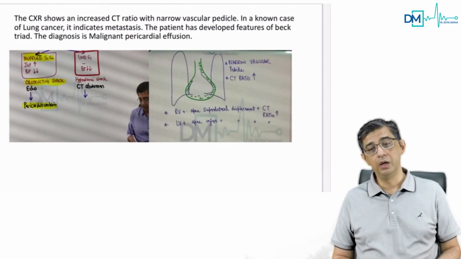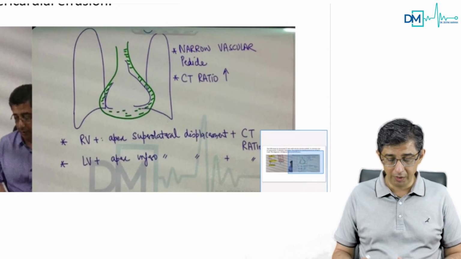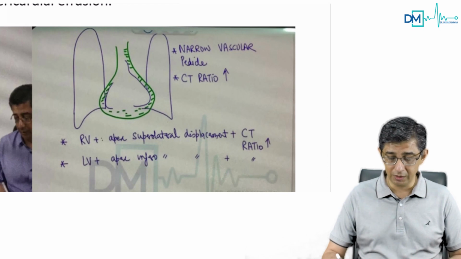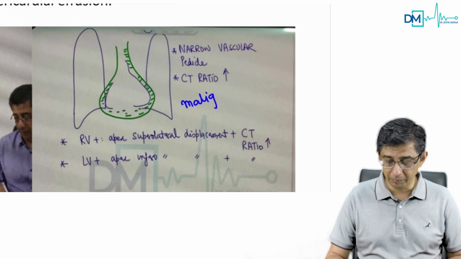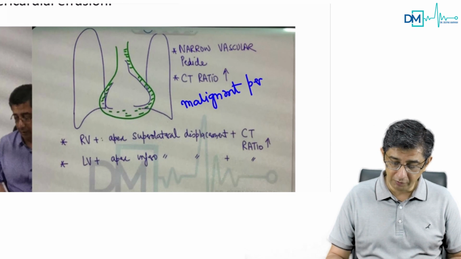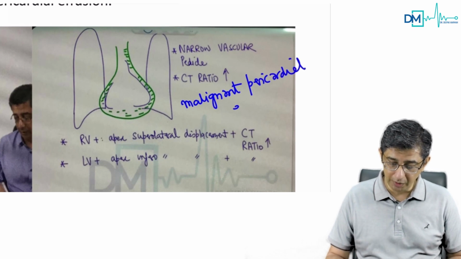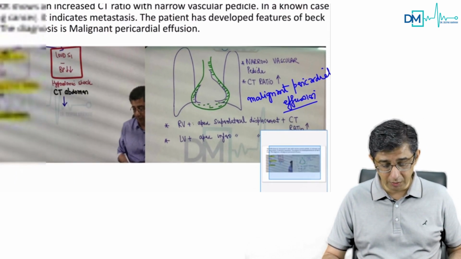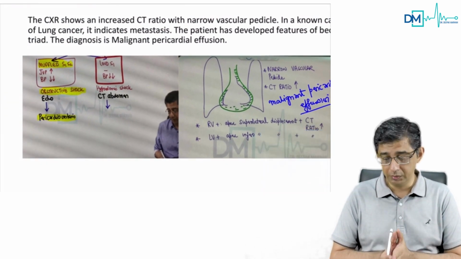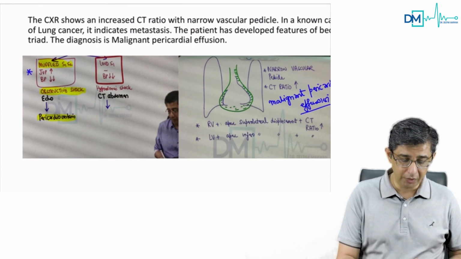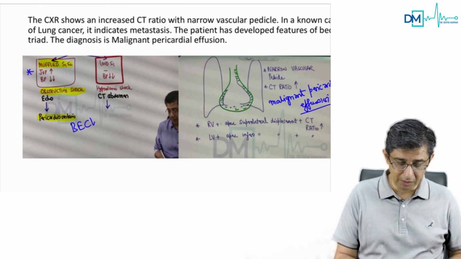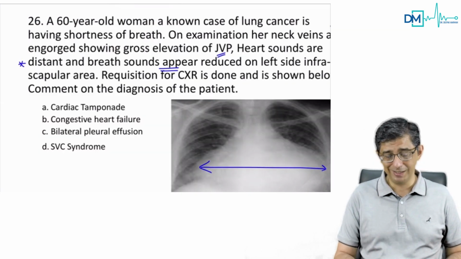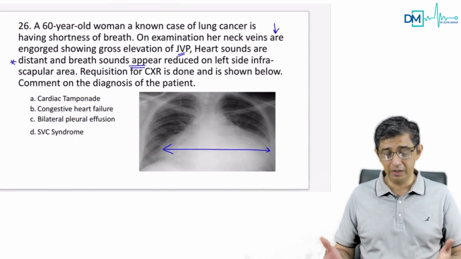fluid outside the heart. You can see that I've described cardiac tamponade with a similar kind of example. There's fluid accumulation around the heart. This guy with lung cancer is basically having a malignant pericardial effusion. He can be having a pleural effusion also, no doubt about it. But a malignant pericardial effusion is going to contribute to crushing of the heart. You can see the pressure on the heart will contribute to the development of Beck's triad. And the moment you read about muffled heart sounds, elevated JVP, hypotension, and Beck's triad, you are bang on spot in knowing why deterioration is occurring in this person.